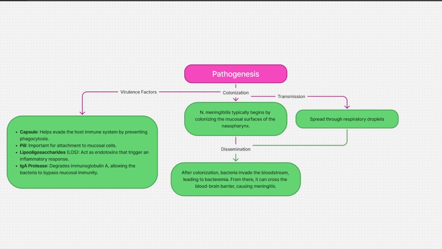And transmission can spread through respiratory droplets. So this is how it can be transmitted from one person to the other, because it's in the nasopharynx, so it makes sense that it spreads through respiratory droplets. And after the transmission happens, it can cause dissemination, so they can invade the bloodstream, leading to